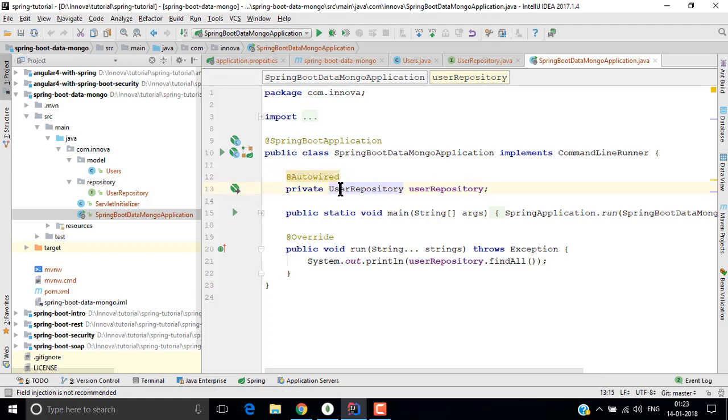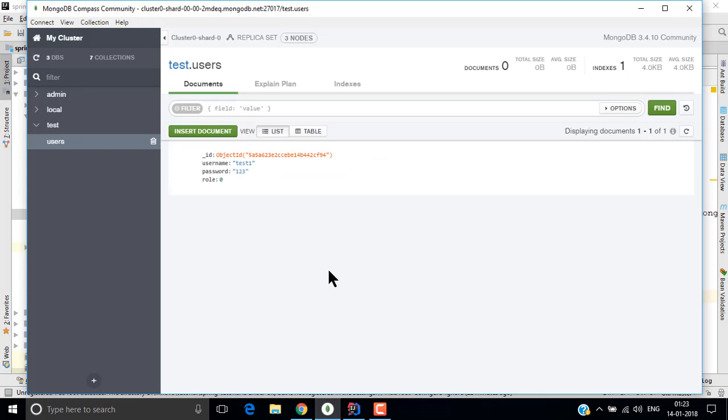We are autowiring the user repository. Then we have this method. What we will be doing is printing the list which will have all the users. In our users collection we have only one user, one document, so it should print this